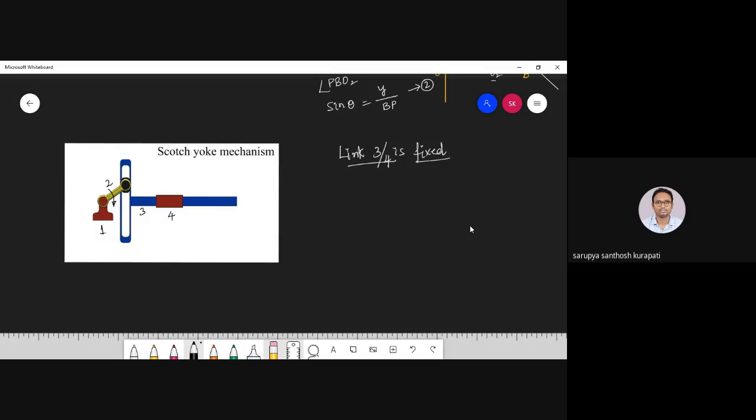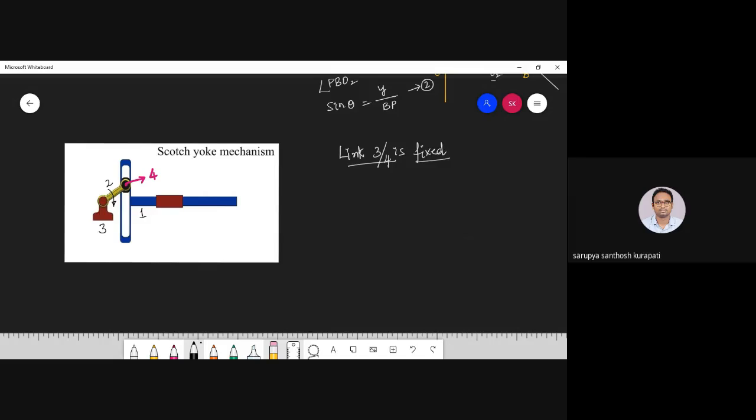So when this crank starts rotating, what happens, it imparts some... sorry, I did a mistake, one minute. So if you observe here, this is link 1, which is a slider, and the black color one, this is another slider. Here I am naming it as the fourth. So 1 and 4 are sliders, otherwise it's better to write this as the third link, the fourth link, and this is link number 1,